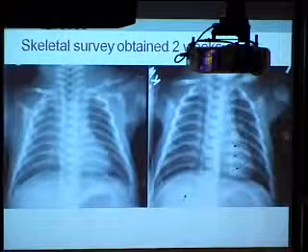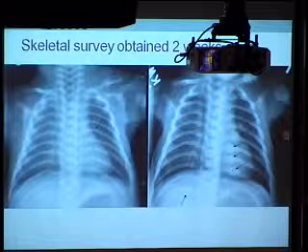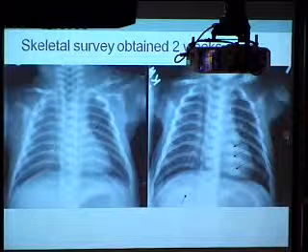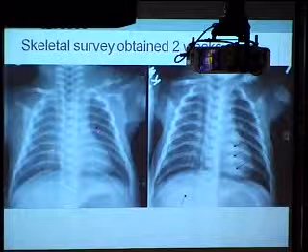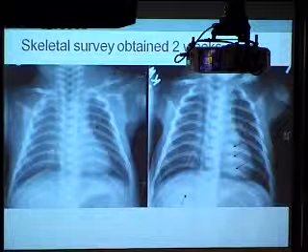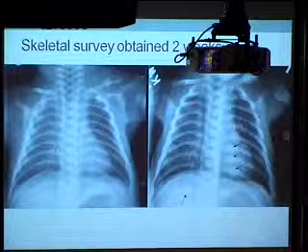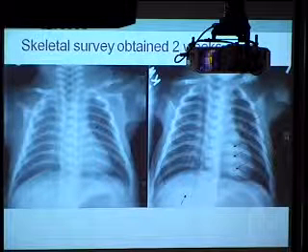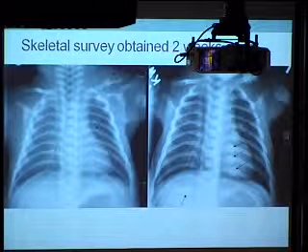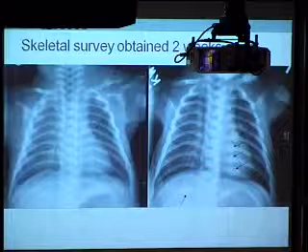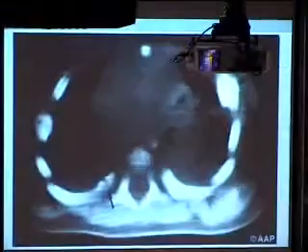And this again is one of Rich's pictures, but it emphasizes why skeletal surveys are obtained 2 weeks apart. So this is on presentation. The clavicle fracture is easy to see. When this is blown up, it's actually fairly easy to see. What's not hard to see are all of the other rib fractures that now have callus as they're trying to heal 2 weeks later. So that's the importance of getting skeletal surveys 2 weeks later in follow-up, because it's easy to miss them on presentation. They're hard to see if they're acute.